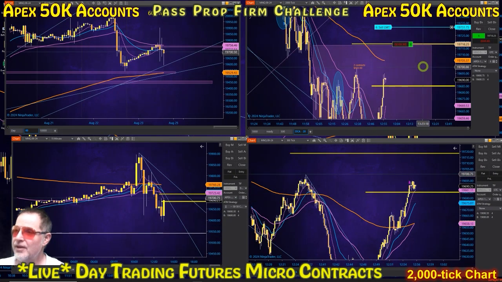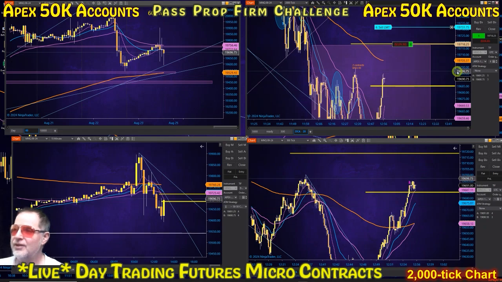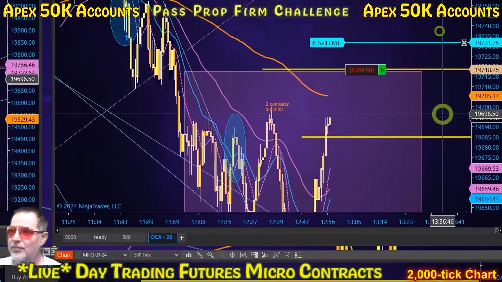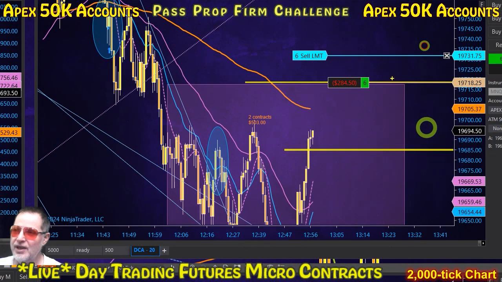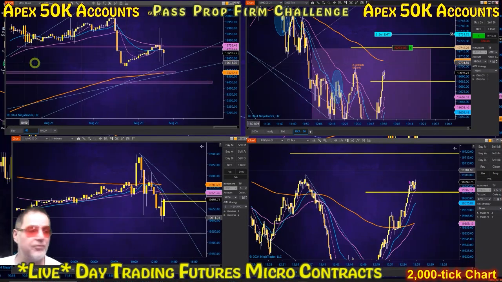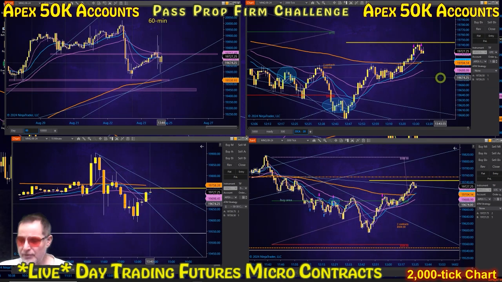Okay, same thing here. I added 2 more for long 6, and I'm going to get out of those 6 once it gets up to break even, but that's not where I'm going to end the trade. I'm going to switch back into half size and see if we can hold 3 for a bigger move up if it gets up to break even. We'll see what happens. Okay, wrapping up this video, everything did come back up over,